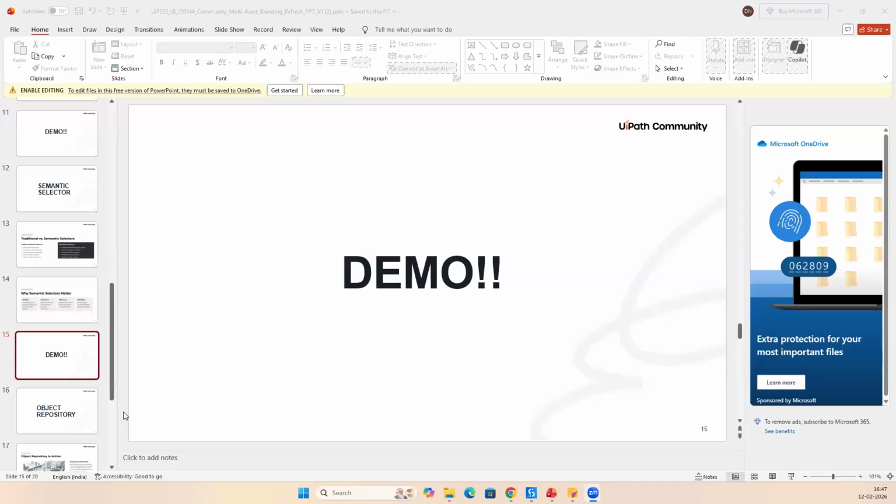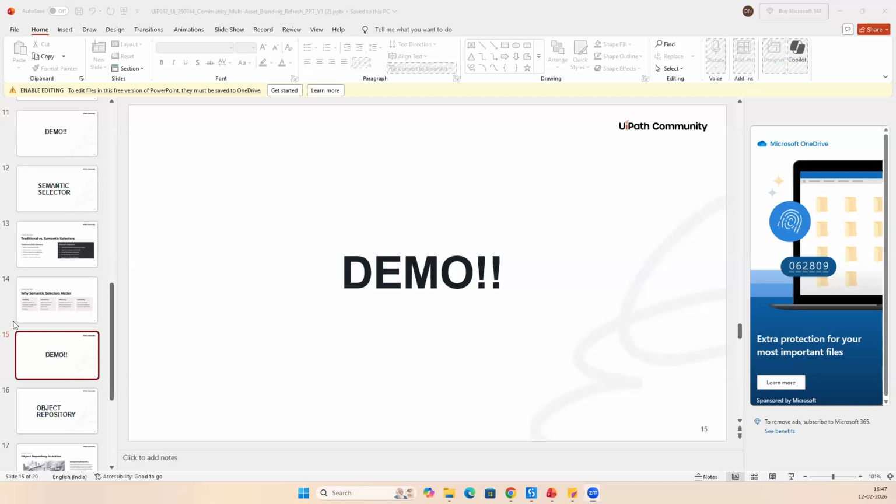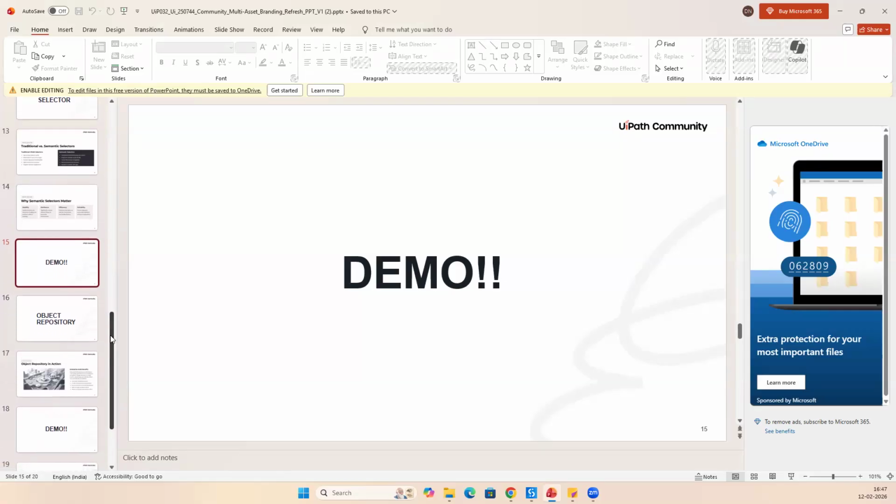Hello, Ganesh. Just a quick query. You mentioned that if my regular selectors fail, then it will use the semantic selector and there is a consumable cost for it, right? Once that is done and the process is successful, will it notify the user or support team that the semantic was used because some selector did not work fine? So that before the next run, the support team can look at it and fix the selector, so this cost is not repeated again and again. Is that a thing, or is this just a normal fallback method?